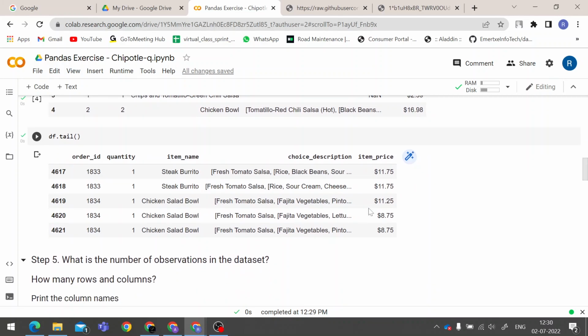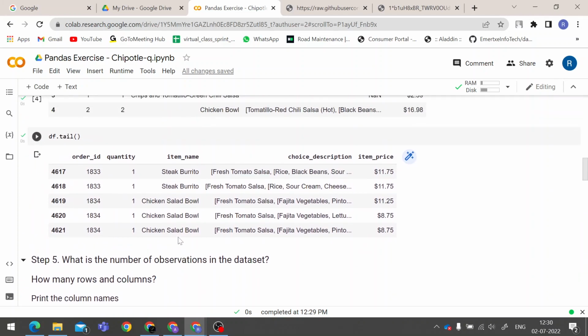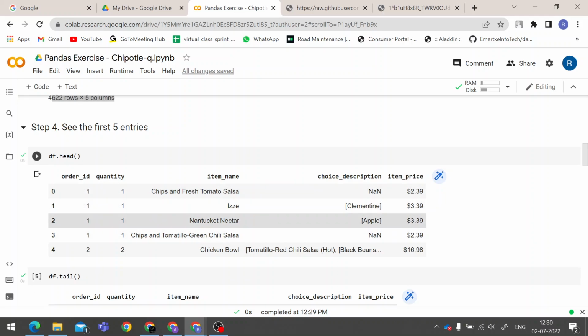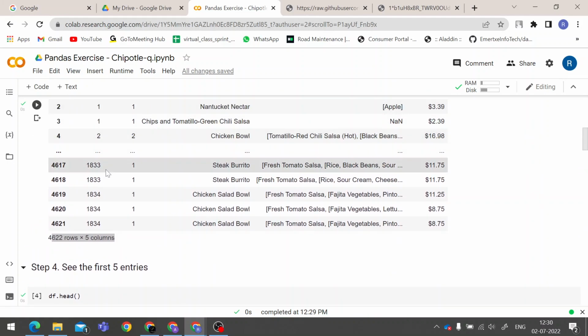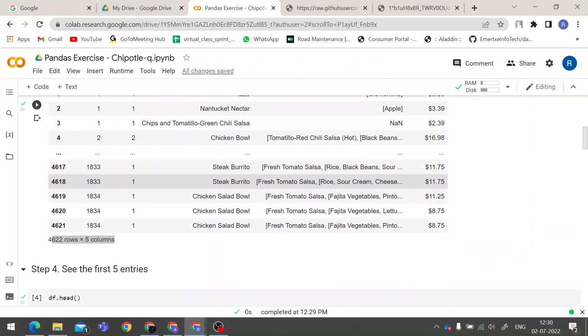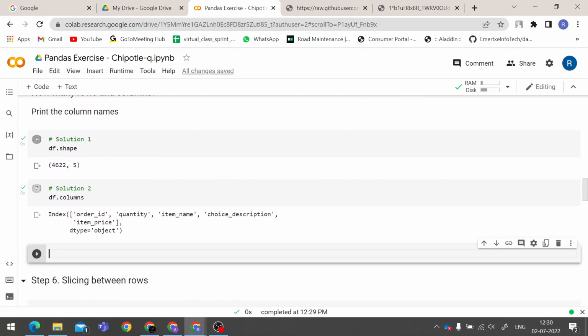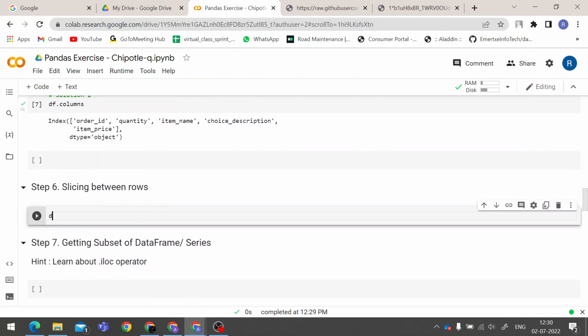Okay. Now let's say I want to slice between the rows. I want to extract only 5 rows, but I don't want the first 5 rows. In order to extract the first 5 rows, I used the df.head function. I want to extract intermediate rows, let's say from the 5th row to the 10th row. That I can do by using slicing. For that, simply write df of